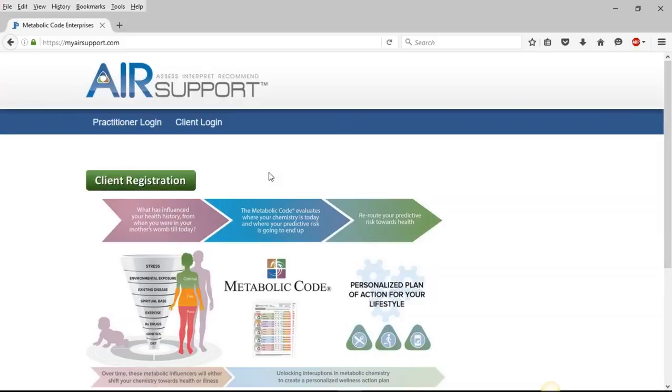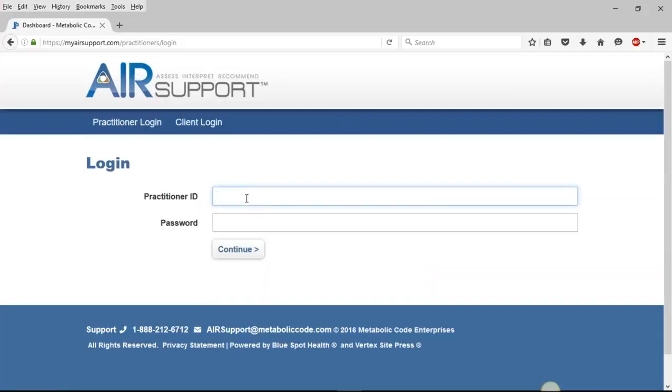We will only release the report to you, the practitioner. We will never release it to the patient. After you receive the email notification that a report is ready to view, visit myAirSupport.com and click Practitioner Login. Log in using the practitioner ID and password that was provided in your welcome email. You and everyone in the practice will share the same login. Click Continue